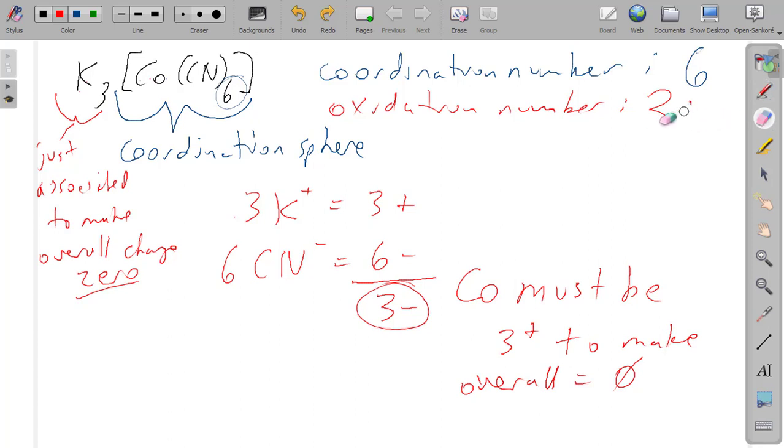I apologize, the oxidation number is not the same as charge. Unlike charge, where you have number first, sign last, with oxidation number, like formal charges, you must do sign first, number last. It will be wrong if you don't put it that way. Sign first, number last for oxidation number. So for this complex, the coordination number is 6, and the oxidation number is +3. And again, you have to write it that way. Let's do another one.